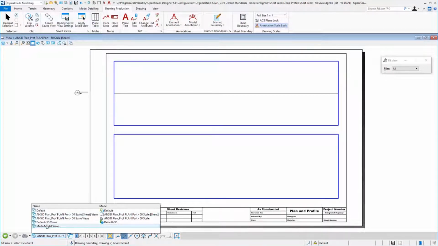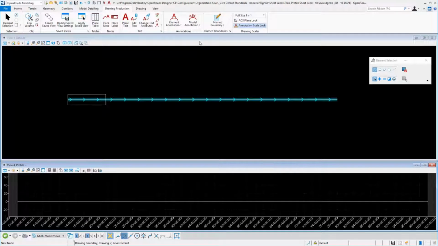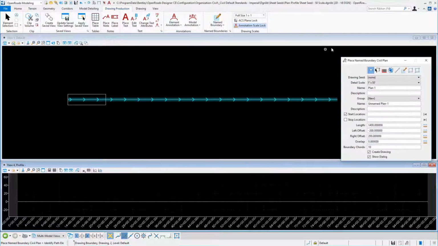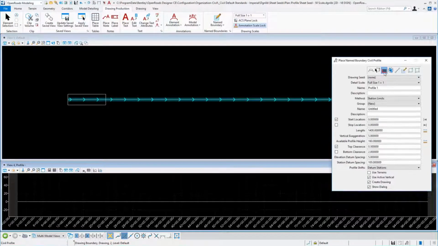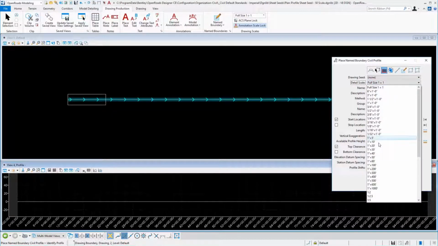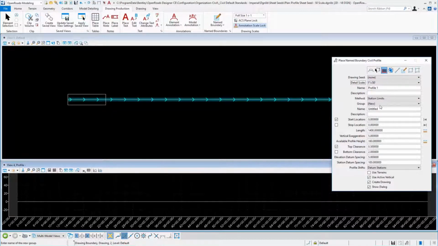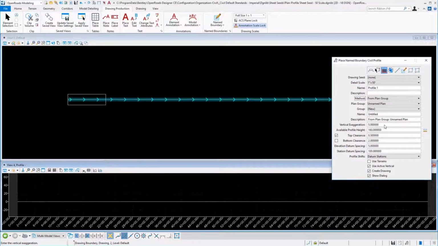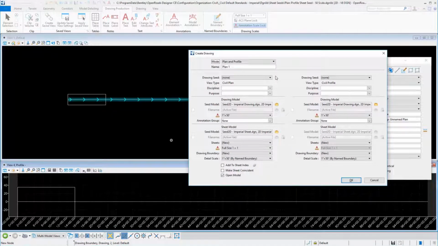Now let's jump back to our multi-model view, and this time we've got to develop the profile port. So back to our name boundary tool. This time we'll use the profile port. We are selecting our scale of 50 again. And again, the users will be picking this information at the top. You want to change to plan group. Verify your vertical exaggeration, set your proper profile height based on our math, and then we'll select our profile and accept it. Switch to the profile mode here,